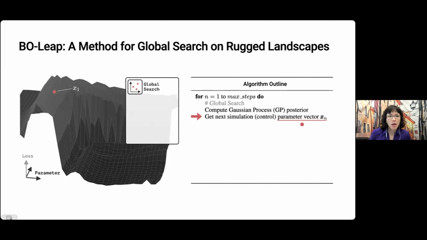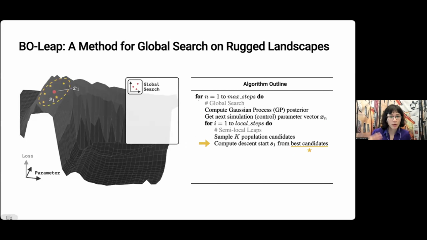So just briefly how this worked. At each global iteration, Bayesian optimization proposes the next vector of simulation or control parameters to try. And then we treat this as a starting point for what we call semi-local leaps. To do this, we first sample a population of candidates, and then from the best candidates, we compute the starting point for the gradient descent.